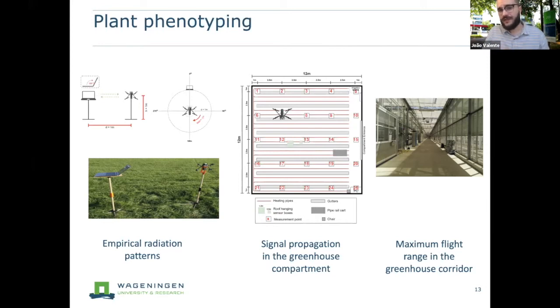electromechanical devices can be a problem because we are doing all the processing in the base station, not on board. That means that if we want the platform to fly autonomously using, for instance, visual SLAM, we need to make sure that there is very, very good communication. So one of the research directions we are pursuing is trying to understand how to manage this signal propagation, and how to define the maximum flight range inside of the greenhouse, etc.